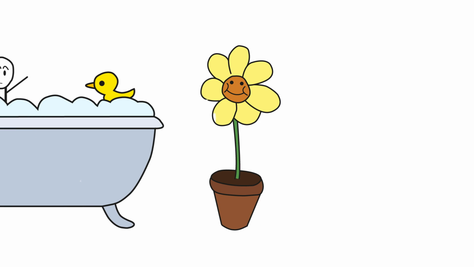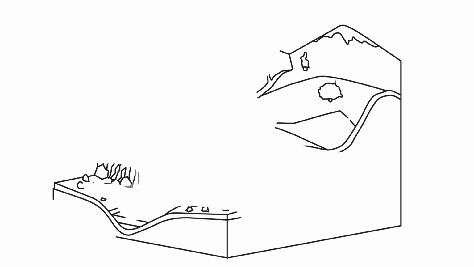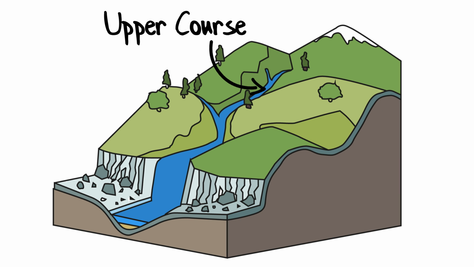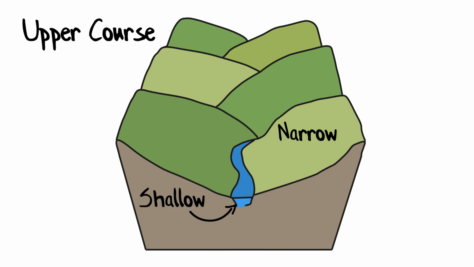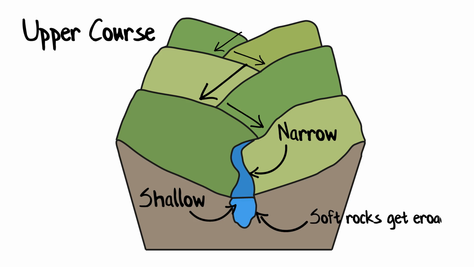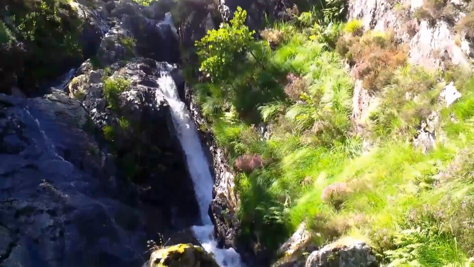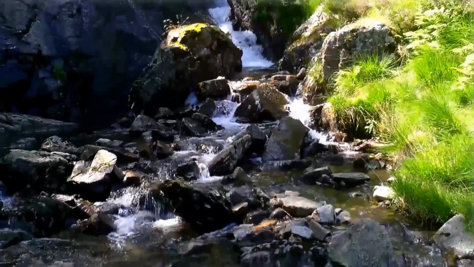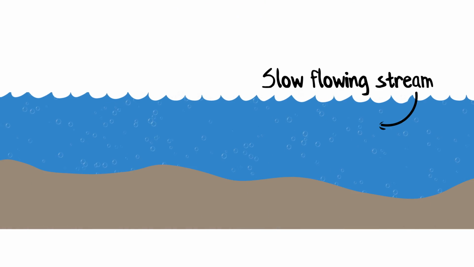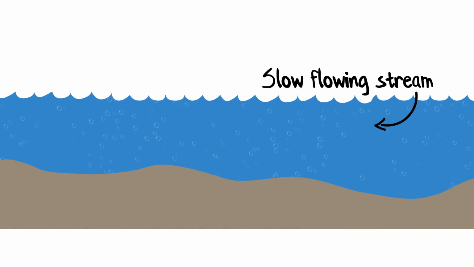From the drinking water to those in the bathtub, to what you use to water your plants or brush your teeth, it all starts near the upper course, the beginning of every river, where water flows slowly through shallow and narrow channels, slithering through rocky hills and steep-sided mountains, eroding away layers of soft rock, forming astonishing structures only nature can create. In the upper course, the water is mainly slow-flowing as most of the river's energy is used to overcome